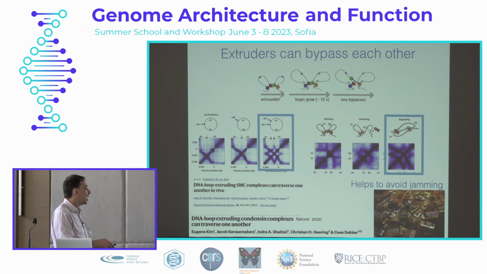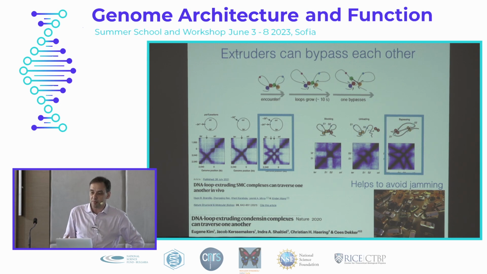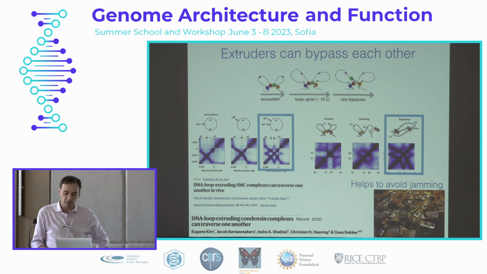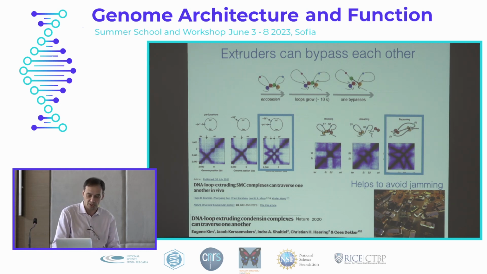And indeed, if they bypass each other rather than block or trigger the unloading, you can get this star-like shaped pattern. And that was a strong indication that in vivo, what we're seeing is this phenomenon of condensin bypassing. Whether this is true in mammals, whether this is true for cohesins, remains to be seen, because it's hard to reproduce similar phenomenon, again, of targeted loading